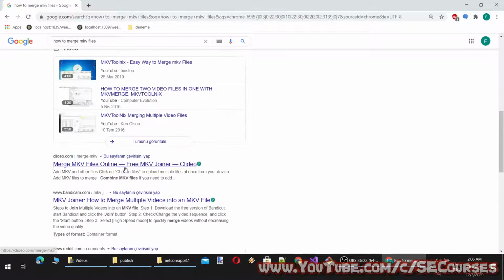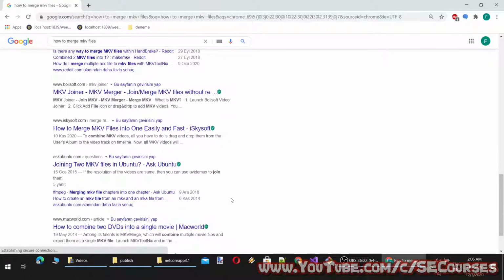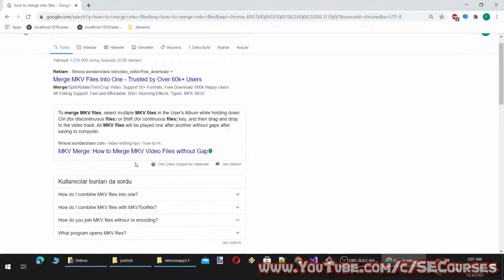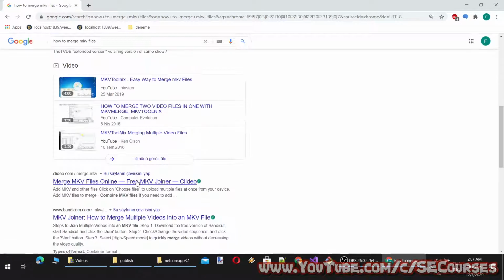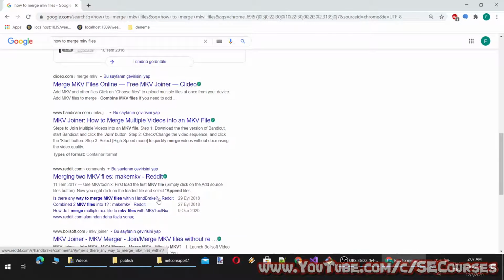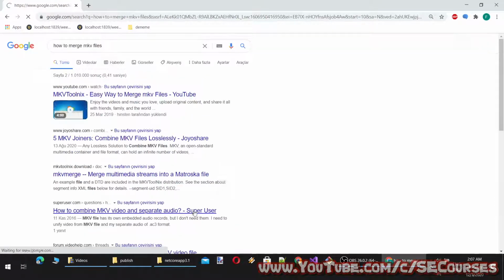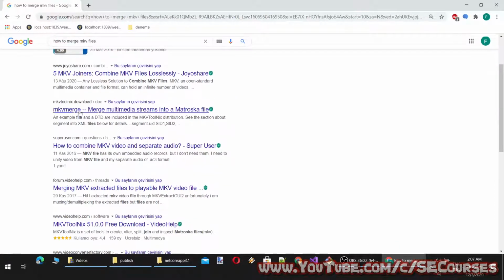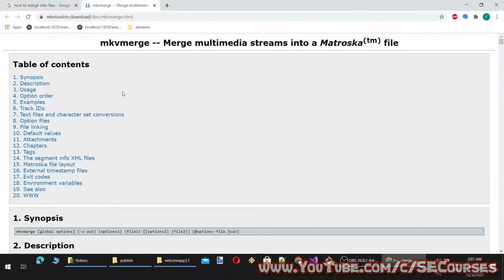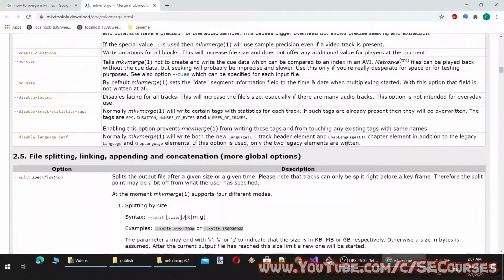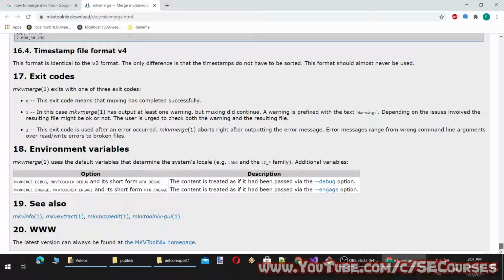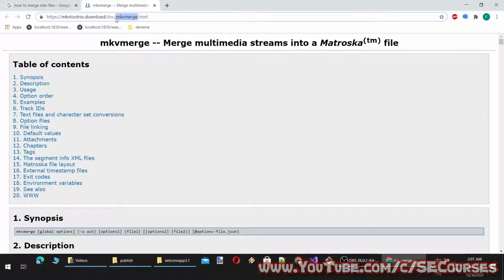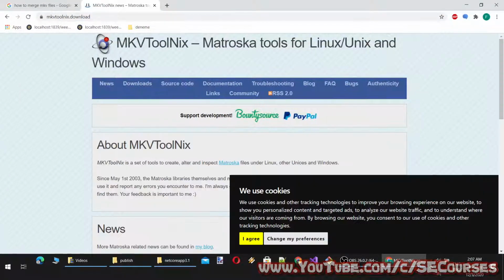So there is an open source framework. I think it is this one. Yeah, I believe it is this one. And there are commands to use it, so I first have to download it. Okay, so to download, let's open it.